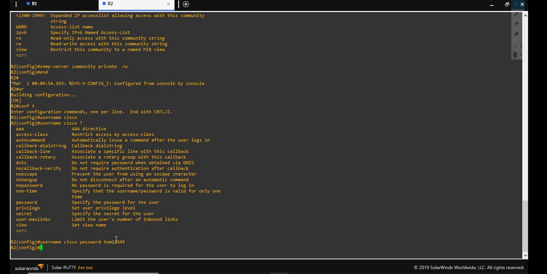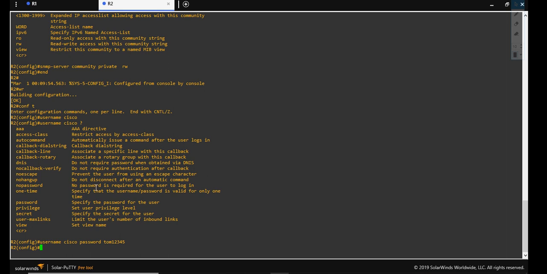So successfully the password has been given to this router, and Tom wants to give the privileges to this router. He needs to give complete control over the router. The user who visits this router will access it using the username Cisco and password Tom12345, and will be given complete access privileges to the router.